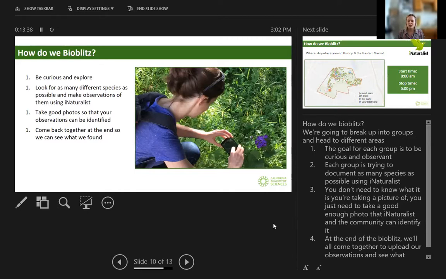I'm going to look at them really closely, and I'm going to take some really good pictures. And maybe I see a fungi. What I'll do is I will take 5 pictures of that fungi. I don't know, I want to get all the angles. And then I will upload that as an observation and select the project, and upload it to the Eastern Sierra Land Trust 2021 BioBlitz. So if that makes sense,